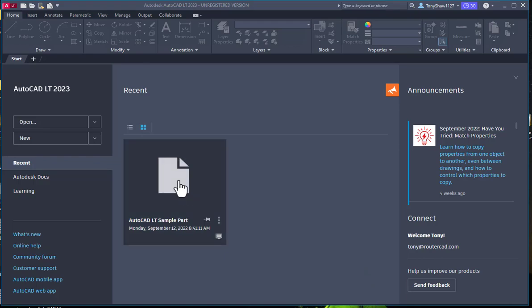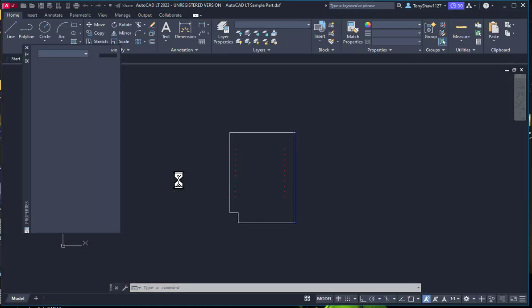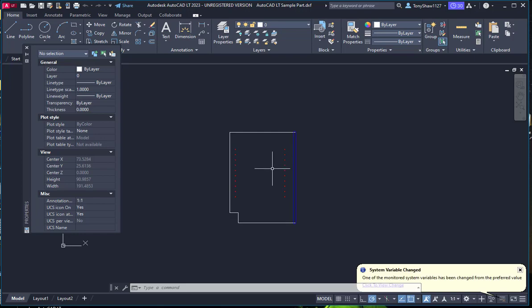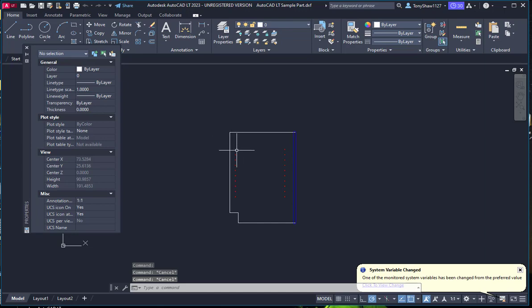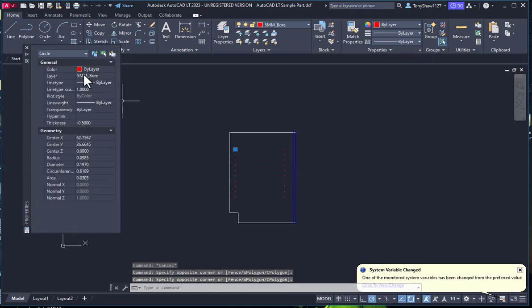If you have another CAD product, like for instance here AutoCAD LT, and you want to use that with RouterCAD, you can do that. I created this drawing from scratch in AutoCAD LT, and I went ahead and defined the layer names and have given the part the thickness and stuff like that it needs, and I'm just verifying the different layer names. What we do in RouterCAD is we map layers, so the way you name the layers determines